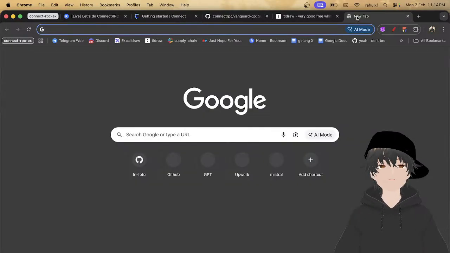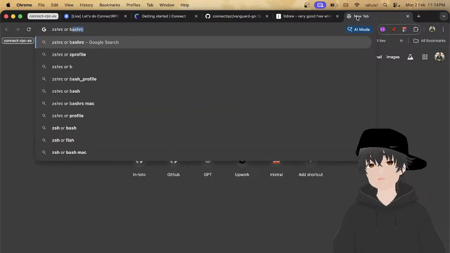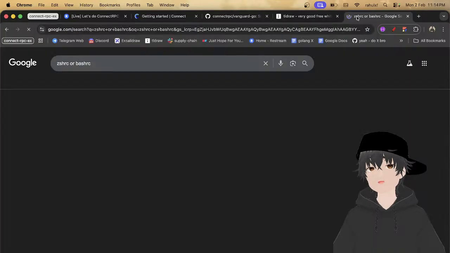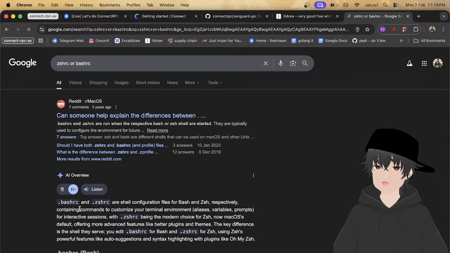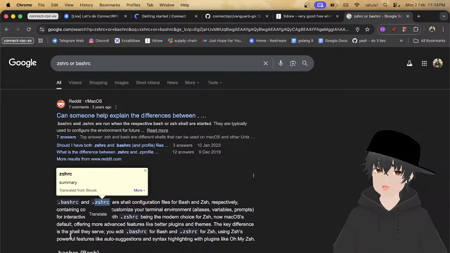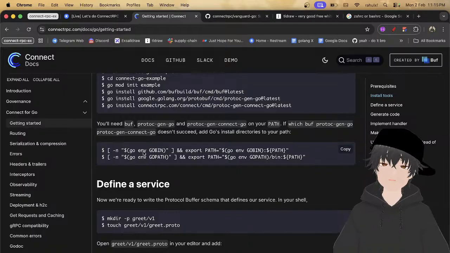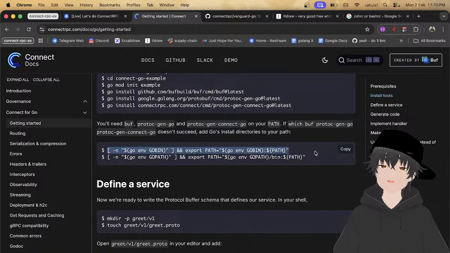If you are using Mac, then .zshrc or .bashrc. I do it in this one, the .zshrc. You can just follow this or run this one so we can export this path.